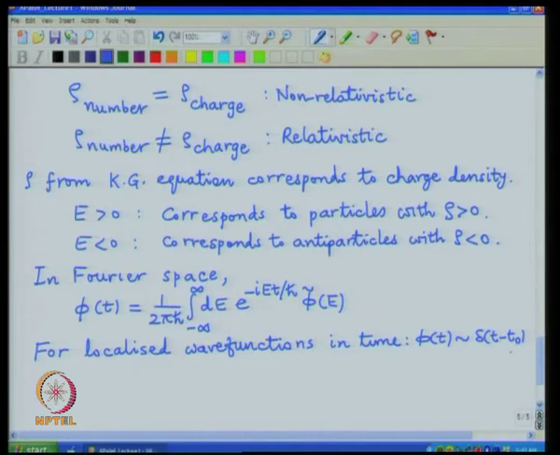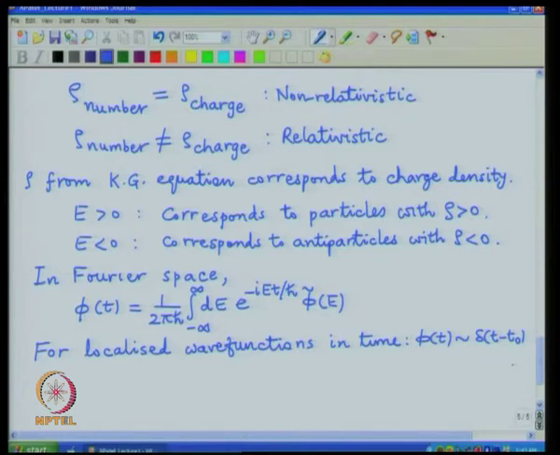And so, this mathematically is represented by a delta function, but the Fourier transform of a delta function is a constant, and so in order to get a localized function in time, you must integrate with a flat measure all the way from minus infinity to plus infinity. If you just integrate from 0 to infinity, you will never get a delta function in time, and that can be interpreted as a limitation: if you want to restrict the solutions only to a certain subspace, you will not be able to obtain certain kinds of localized wave functions.